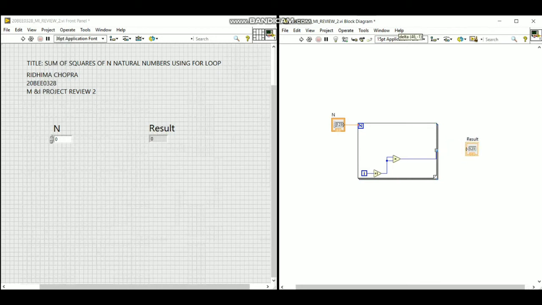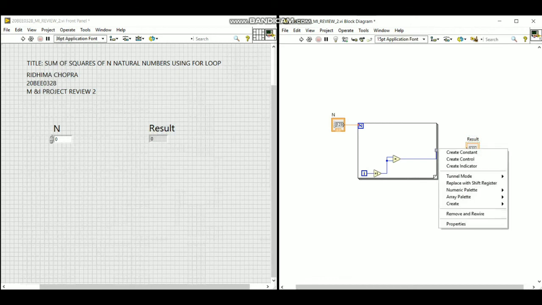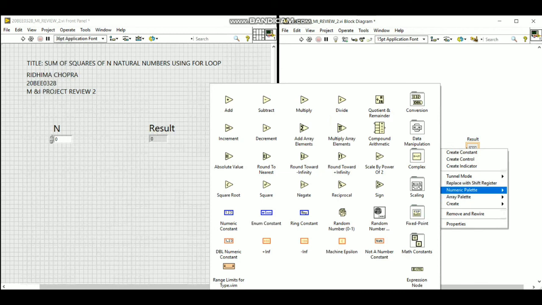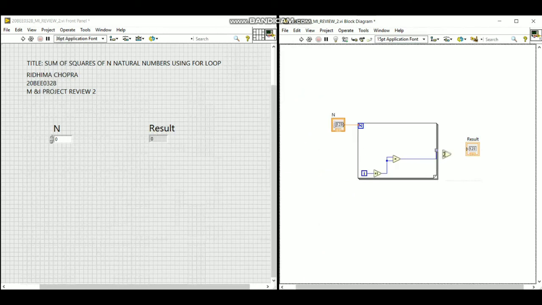So we need to sum the elements of this auto index tunnel, for which we will again use a numeric palette and under that we will use this add array elements, which you see here. We will connect it here. That is done.